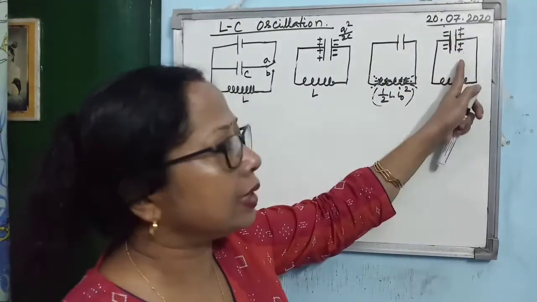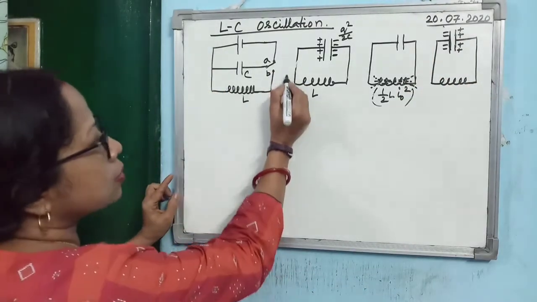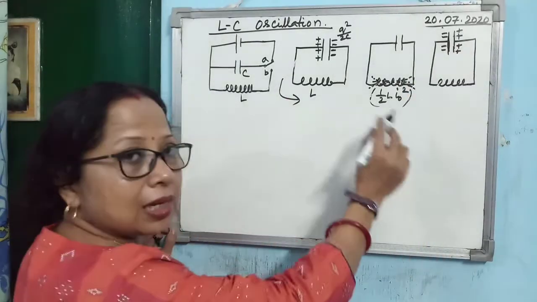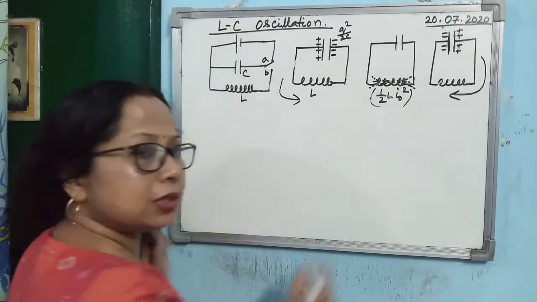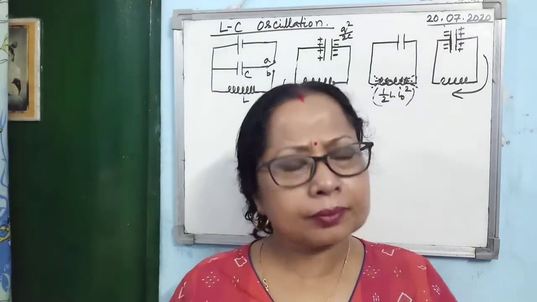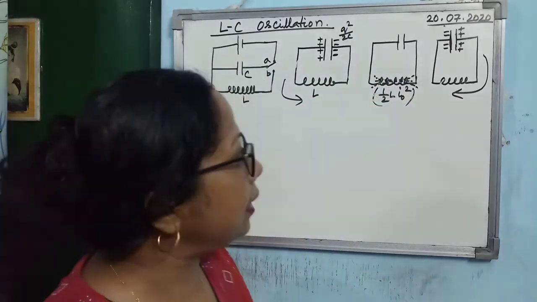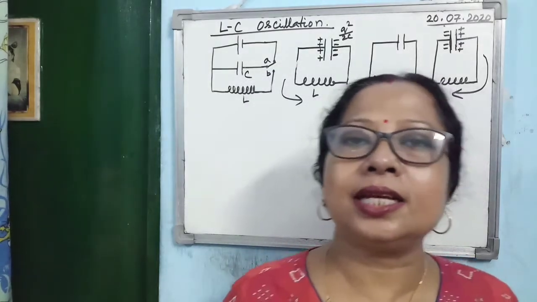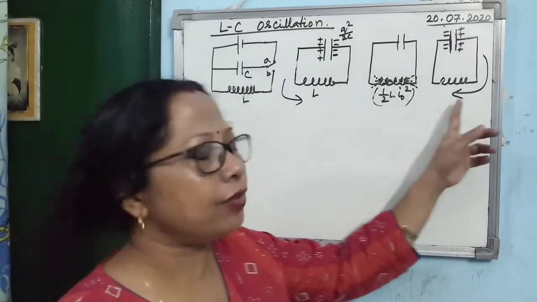Alright. So after that what will happen? Again the capacitor will start sending the current in the opposite direction. First the current was moving in this direction, isn't it? Now when the capacitor is getting oppositely charged, the same thing will happen again. Now the current will flow in the opposite direction. The capacitor will be slowly discharged, and it will be fully discharged after some time. Its energy will become zero, and during that time the inductor will gain the energy. How will it gain the energy? In the form of magnetic field, and its energy will become maximum, again half L I 0 square.